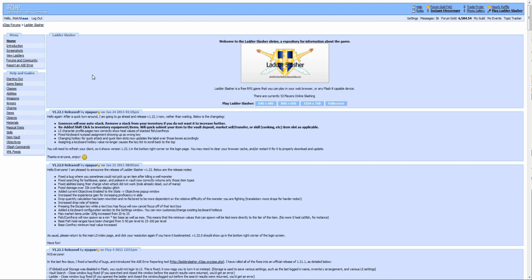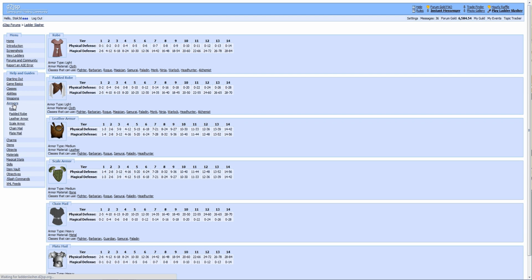Do note that we haven't even seen the game yet, but I did want to go over some of the basics and understanding the charts and how to find some of the guides that are going to be highly important to your first climb and your career in Ladder Slasher. One thing I want to do before we see the game first is let's understand the armors, the ratios